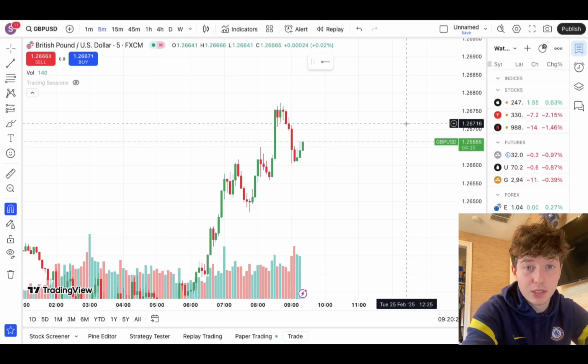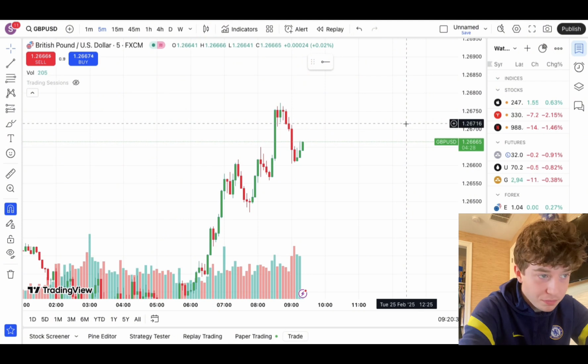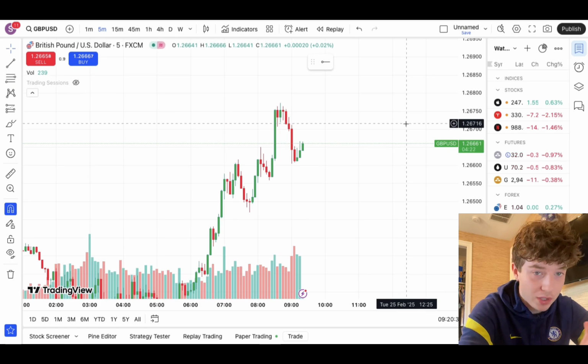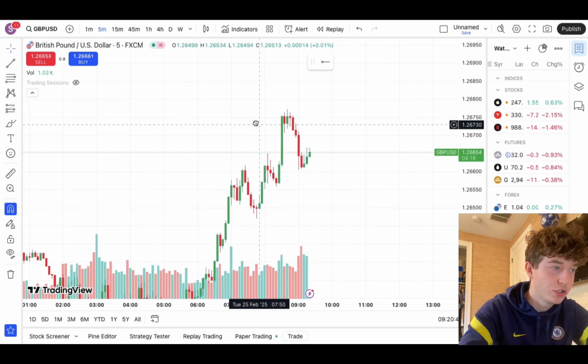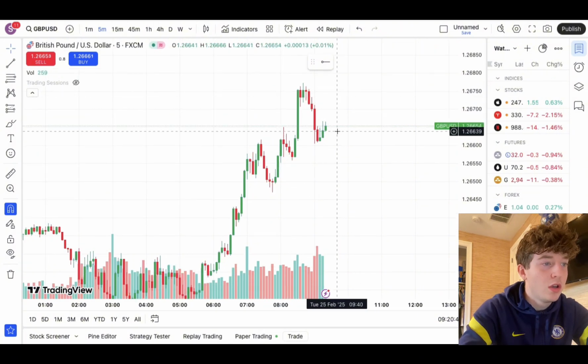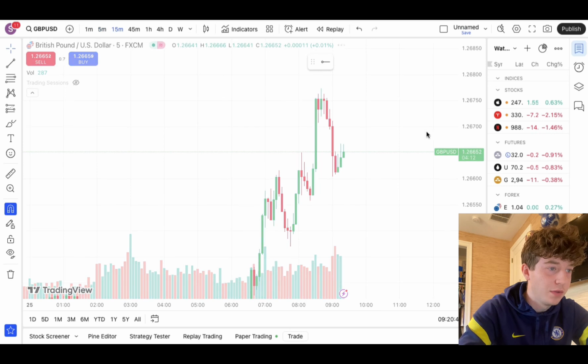So yeah, the market opens in 10 minutes. Let me dive deeper into the daily bias real quick, because why do I want to trade this right now? Technically we are bullish right here, but in the 15-minute we are bearish, but